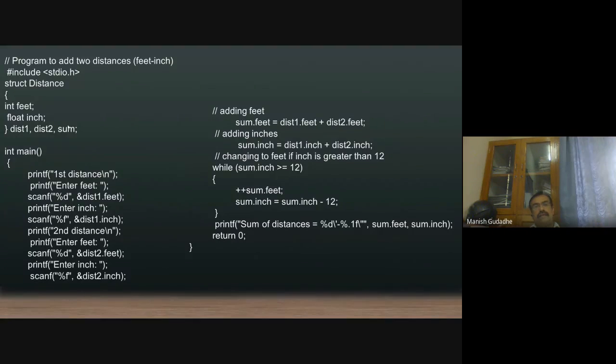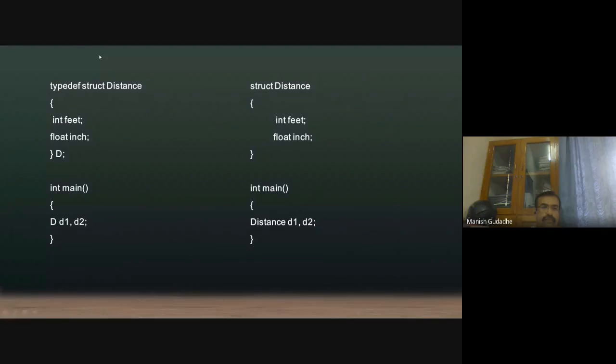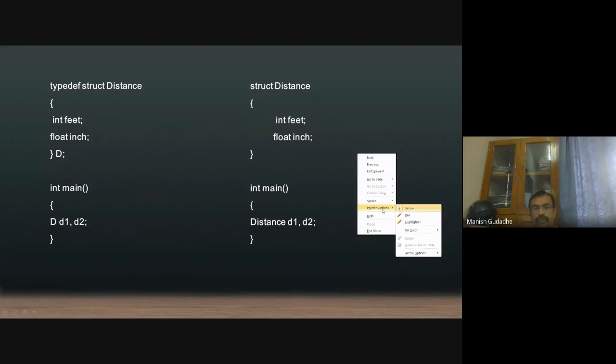So if I am adding two dates, what will be the result? If it is more than 30 days, a month will be added, and if it is more than 12 months, a year will be added. So I request you to try out that program with structures.